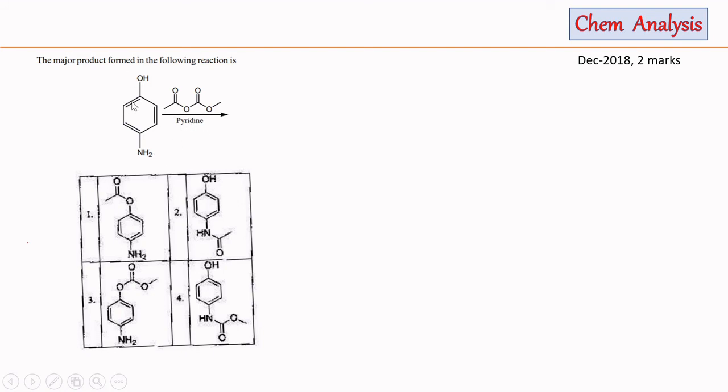Now the product will depend upon the nucleophilicity of these two groups, that is hydroxyl group and amino group. Since the electronegativity of nitrogen is less than that of oxygen, the nucleophilicity of the NH2 group will be higher than that of the hydroxyl group, and the NH2 group will attack through the lone pair on nitrogen on the carbonyl group of this anhydride. And in the first step,